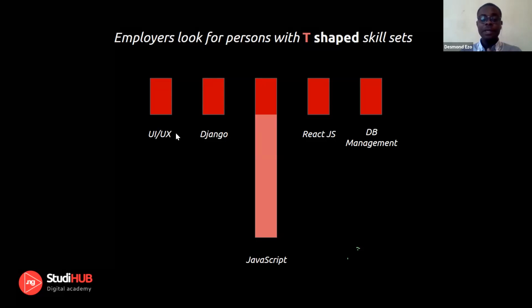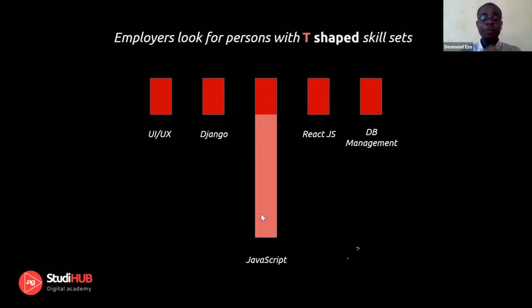So what I mean is, somebody who has a T-shaped skill set can have skill in design, can have skill maybe in other programming languages, can have skill in database management and all that. But the person would have one core skill that he focuses his attention on, he really goes deep, and he understands this thing to the point that he's so good at it that people always come to him to find solutions to that particular skill.